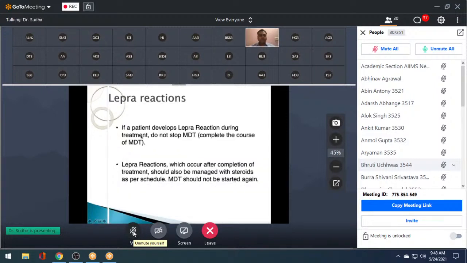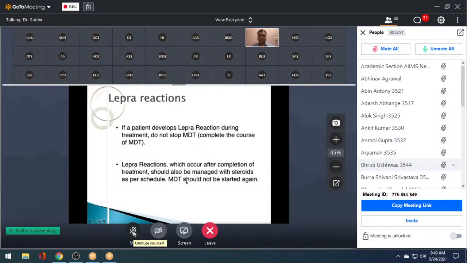So coming to lepra reaction. If a patient develops lepra reaction during treatment, then do not stop the MDT. Complete the course of MDT. Lepra reactions which occur after the completion of treatment should also be managed with steroids as per the schedule, but MDT should not be started again. This thing you have to remember. During the course of MDT, continue the MDT, and if after the course of therapy, then do not reinduce